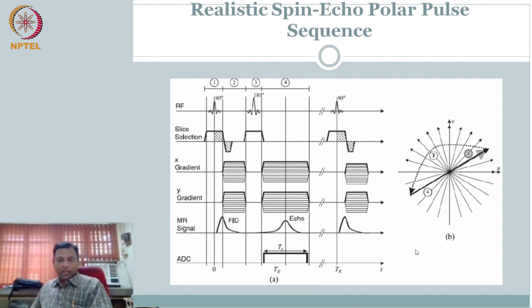Clear? So I would like for you to go over this again and again. Try to see if you understand the basic sequence and how you represent it. If a problem is given in English, the description is in English, and they tell you this is the sequence, I want you to realize: can you draw the pulse sequence representation of it? Can you show how the data is acquired? These two are the take-home. If you understand these two, then you have understood the physics, then you have understood the data acquisition scheme, right? Then reconstruction is not a big deal.